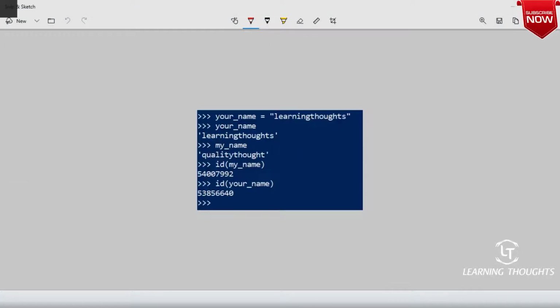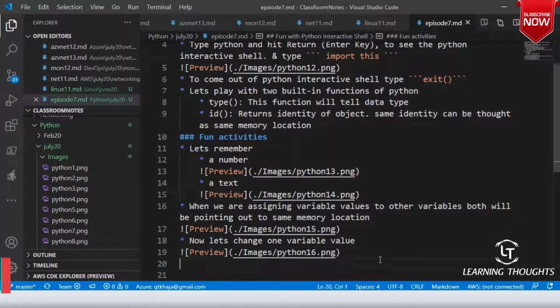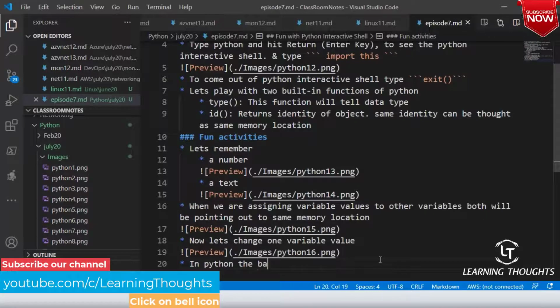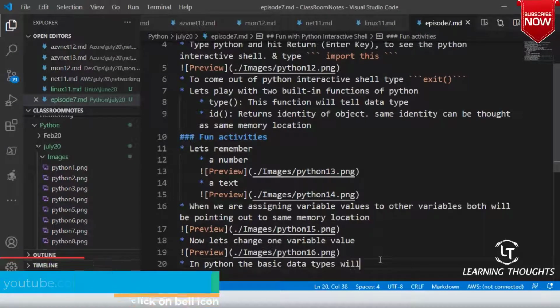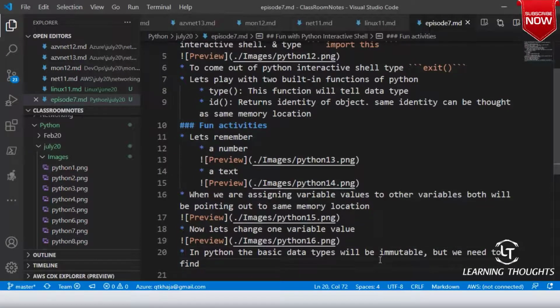Let me basically do this. In Python, the basic data types will be immutable, but we need to find out about complex data types.